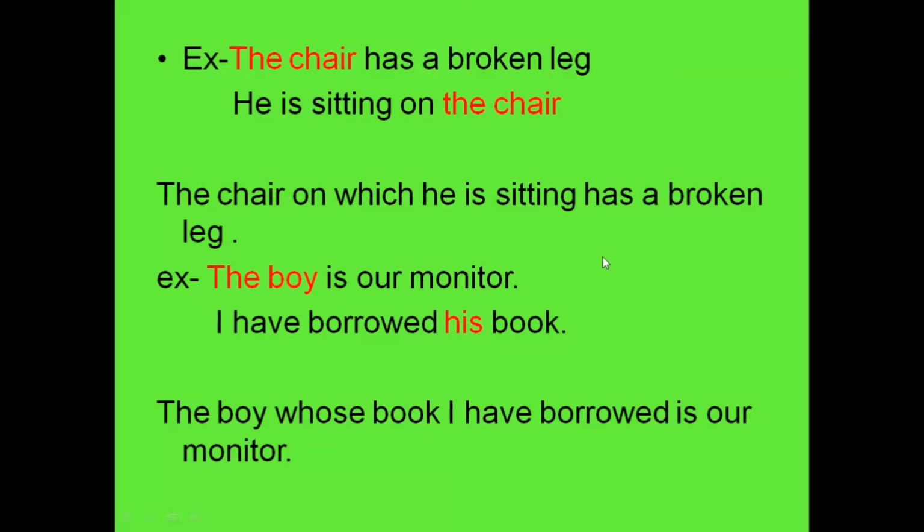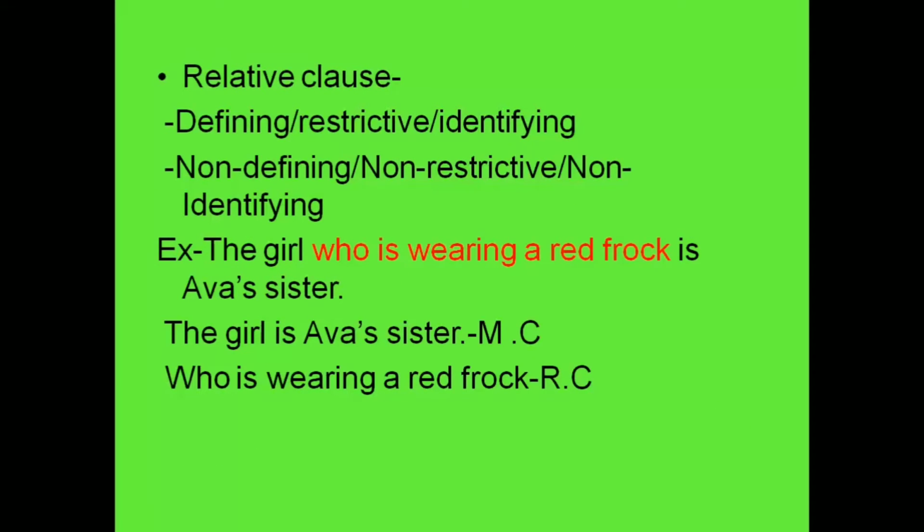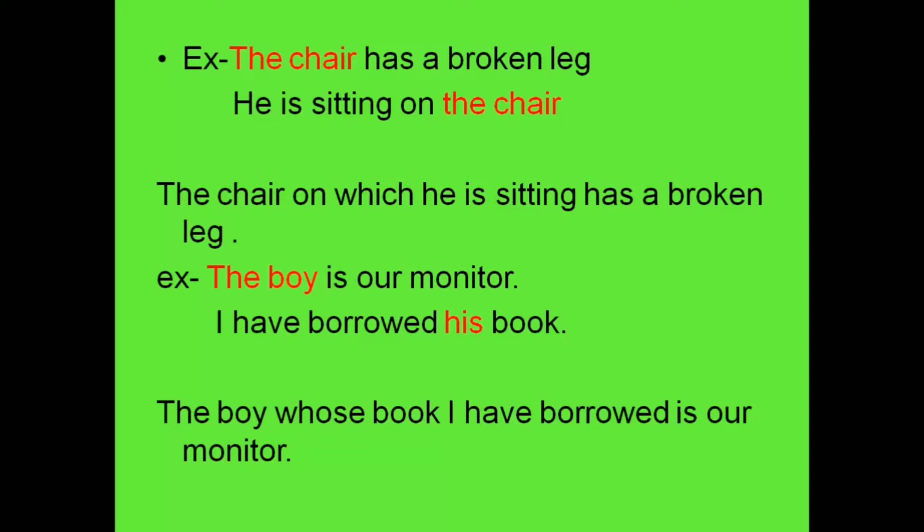Choice of relative pronoun. How to choose the relative pronouns? Students, who and whom are used for people, which is used for animals and things. That may be used for people, animals or things. There is a possessive relative pronoun. You know, the possessive relative pronoun whose can be used for people and animals, and of which is used in case of things. Let us take an example, it would be more clear.